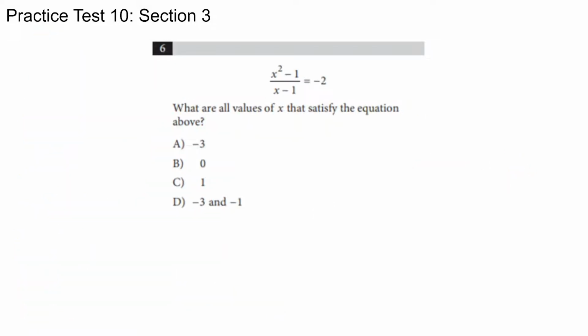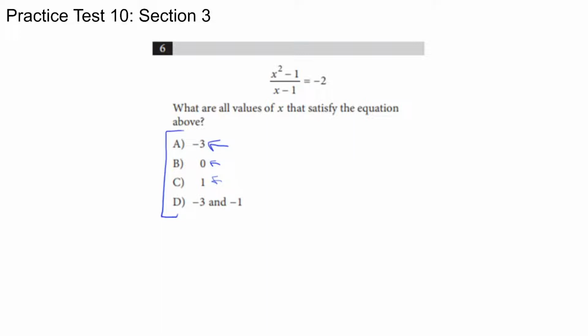Number 6 gives us the expression x squared minus 1 divided by x minus 1 is equal to negative 2, and it asks, what are all values of x that satisfy the equation above? So I'm not going to make it hard for myself because I know that value of x has to be one of these four options. And I'm going to start with x is equal to negative 3, because if negative 3 works, I've narrowed down my answers to either A or D, and if it doesn't work, I know my answers are either B or